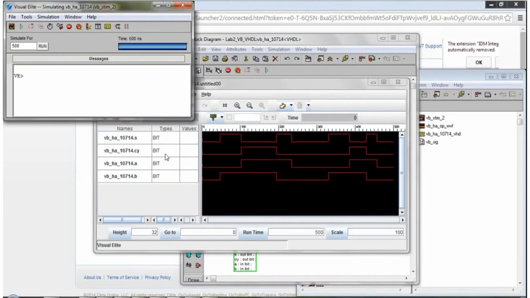So based on the applied input, I will be getting my output. That is, these are my inputs, A input and B input, and data type is bit, based on which I am getting my output as this. That is when any one of the signal is 0, I will be getting some carry output based on the inputs. This is one simple design that I wanted to show. And we also have one more design.